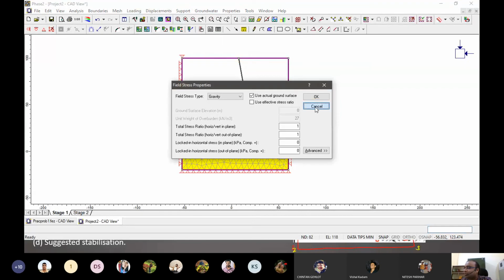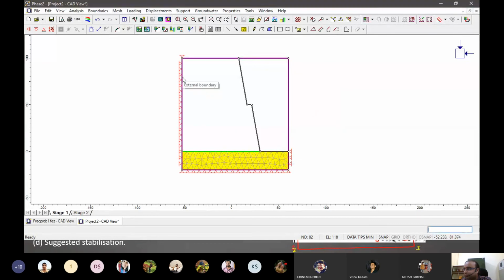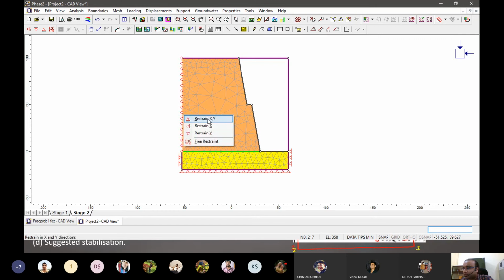Yeah. So that's done. That's done. And so let's simulate this quickly. Okay, I think boundary conditions we have to give anyway, so that's okay.